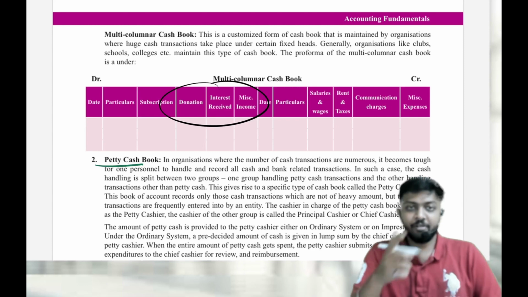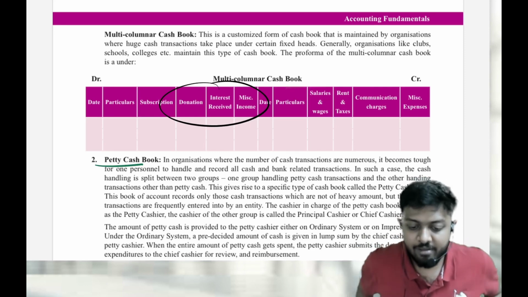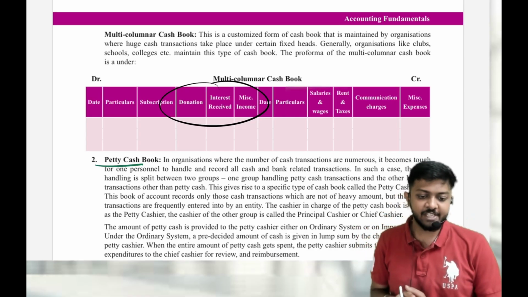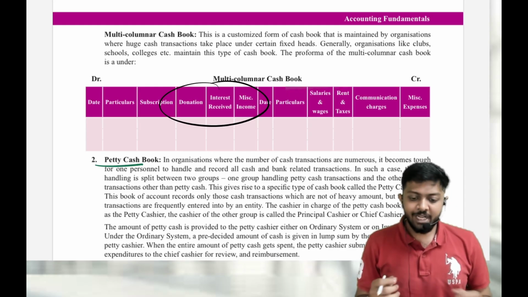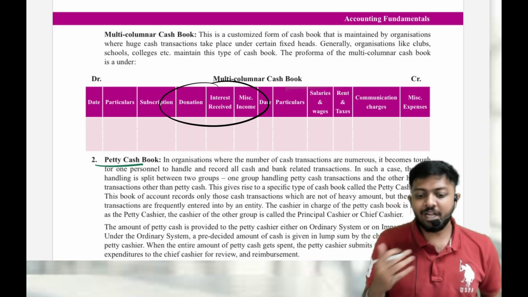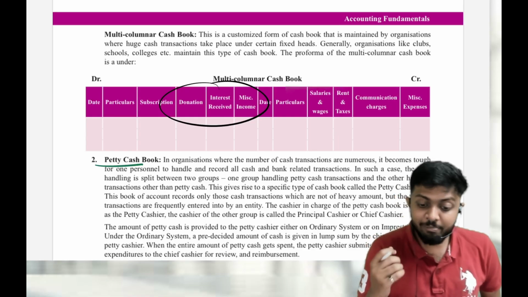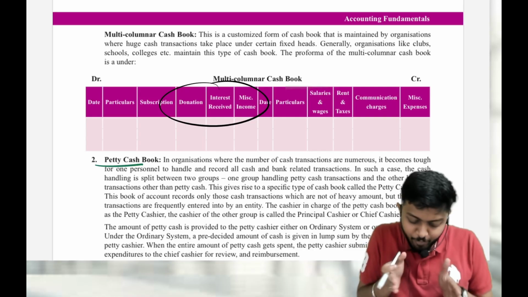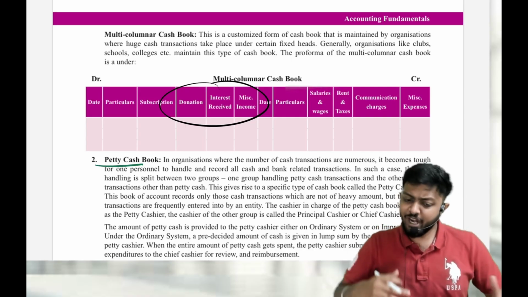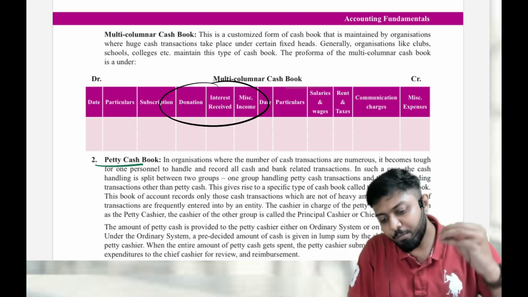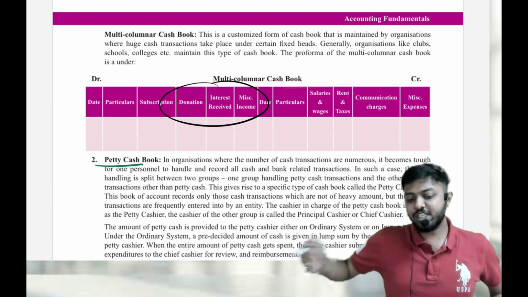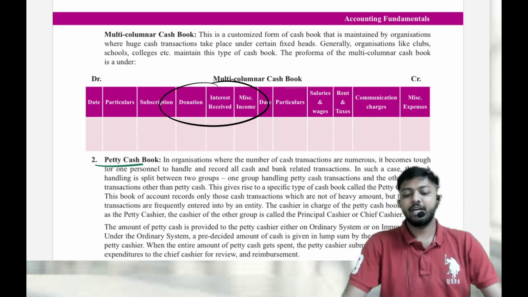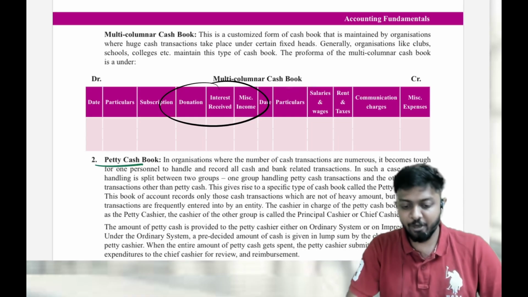So let's continue. We were discussing multi-columnar cash book. So what is happening here? Here we have multiple columns, as you can see, for subscription, donation, interest received, miscellaneous income. Sir, which are those multiple columns? Depends on what business you are. Now for NPO, subscriptions and donations received matter, so they have put columns for subscriptions and donations. If you are a different business and want different columns, then you can put those columns. It's very flexible. Depends on the nature of the business. The thing about multi-columnar cash book is you have multiple columns, but the idea is the same. Receipt, debit side; payment, credit side. Did you get that? Yes.